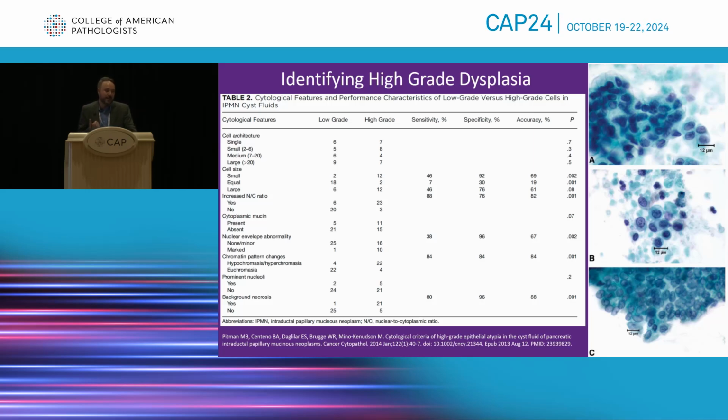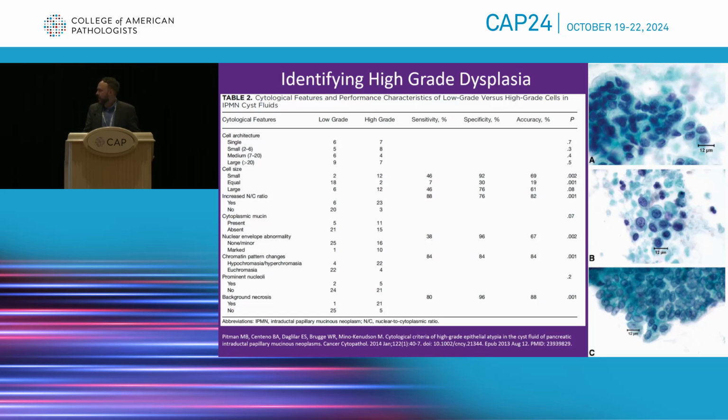So number one, you have a high N-to-C ratio, as you see in panel A. And number two, you have nuclear membrane irregularities, which they demonstrate in panel B, so they're not perfectly regular nuclear membranes. And then in panel C, what's demonstrated is actually a hypochromatic pattern of the chromatin. It's a little bit lighter than your typical chromatin, but you can also have hyperchromasia. So basically, any atypical chromatin pattern, whether it's hyperchromasia or hypochromasia, both of those are a form of atypia in